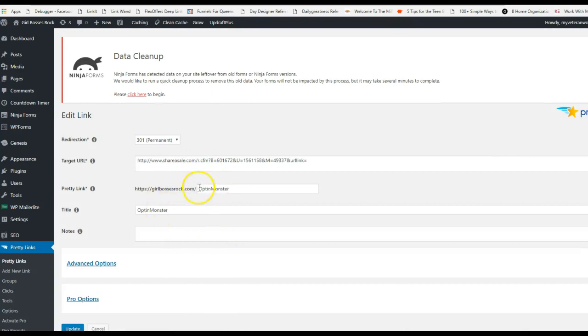And then whatever you want to be the identifier, obviously Optinmonster would be the easiest way to go. So if you're using multiple links to the same merchant, I'm going to show you, I actually have two links for this merchant. One goes to their main landing page and another goes to a blog post. So for this one, I'm just going to call it Optinmonster. When I hit update,